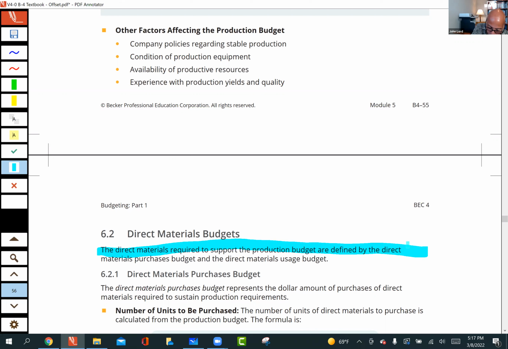Okay, so we can see that we're going to really look at 2 things. We're going to look at the direct materials purchase budget, but then how much of that material are we actually going to use in the period? Because again, this notion of not just being empty of shelves of units, and therefore you can't be emptying out your shelves of materials. So the amount you use and the amount you purchase will often be different.